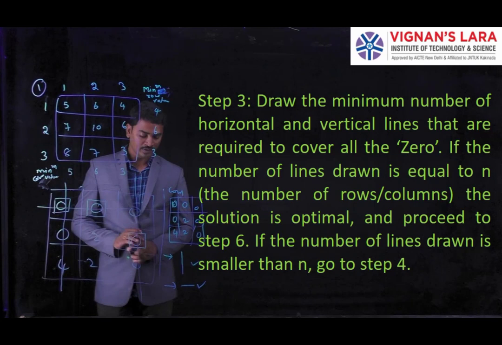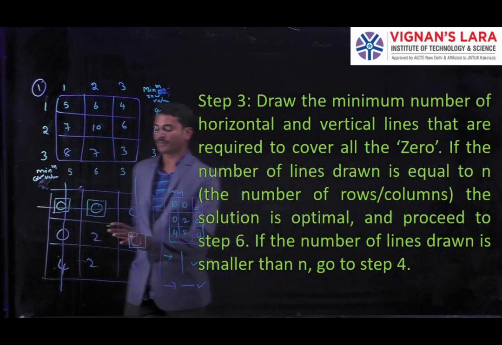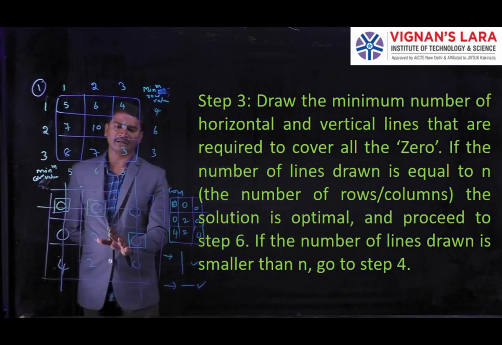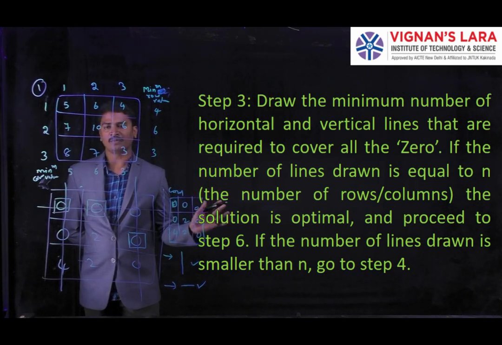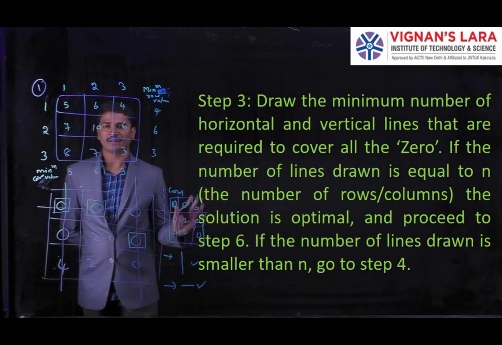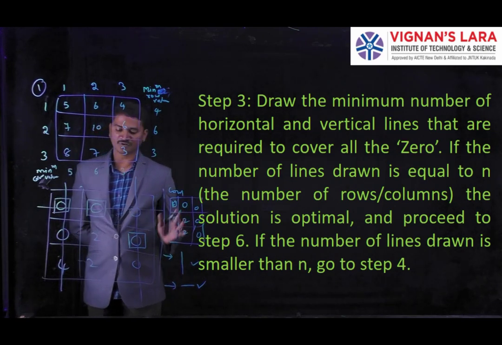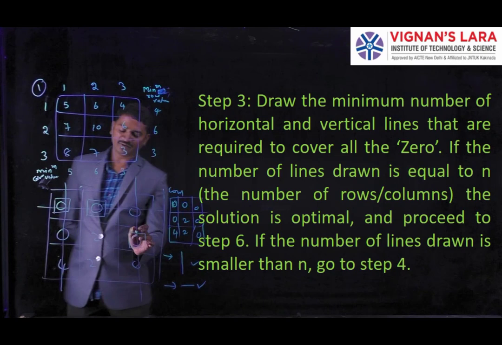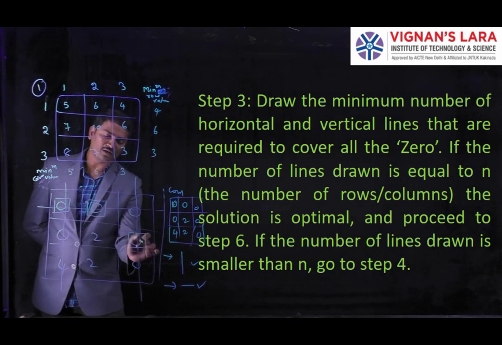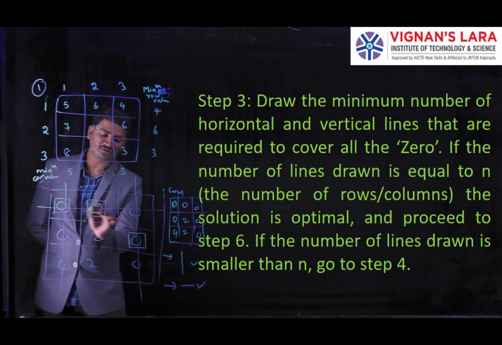After this we go to step 5. Here if it reaches optimality, no need to go for step 4 and step 5. Directly we go for the optimal solution. We are going to calculate the optimality. Okay, optimal solution. Here we have to check the optimality. It means we take the number of squares, the number of assigned zero values.